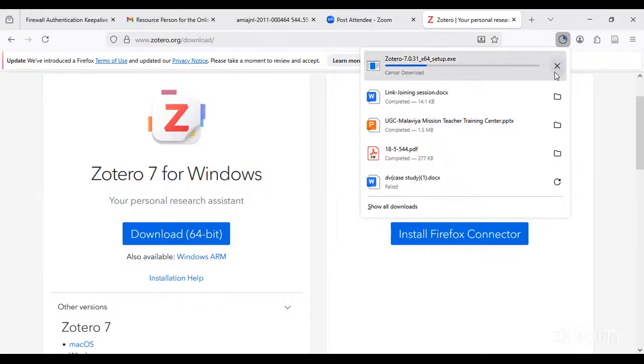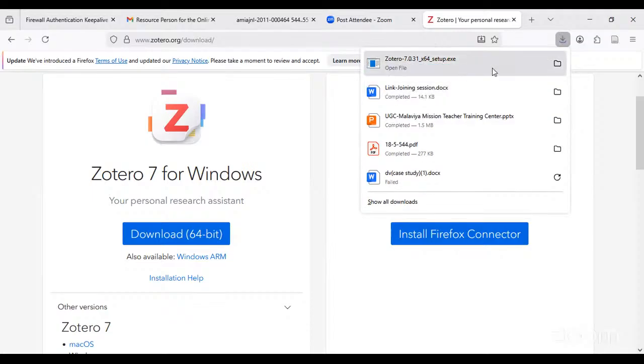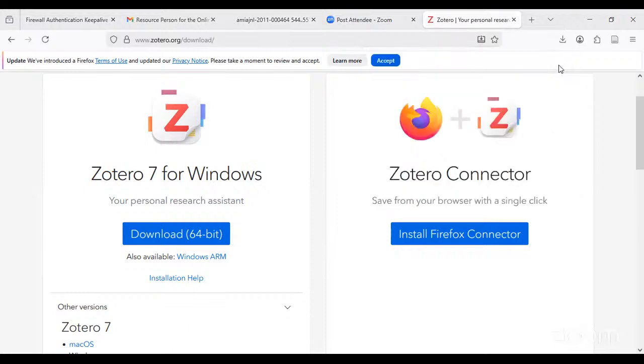I think there is a network issue. Okay, now it will download. So go to that particular file and double click on it. It will extract the files.